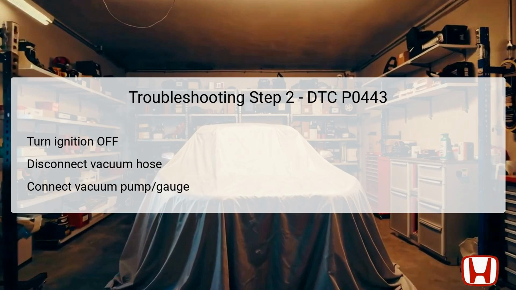Once this is done, connect a vacuum pump and gauge to the valve. This equipment allows you to measure the vacuum state within the valve when the engine operates. With the engine idling post-setup, check for any vacuum pressure. If vacuum is detected, this indicates the valve is stuck open. Conversely, if no vacuum is present, it means the valve might be stuck closed, leading you further based on the